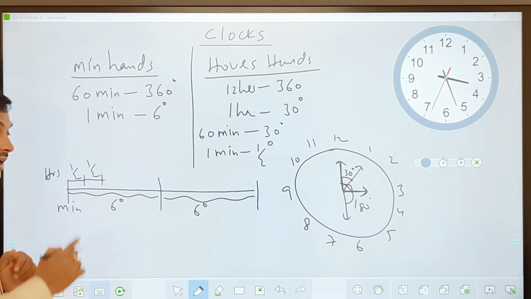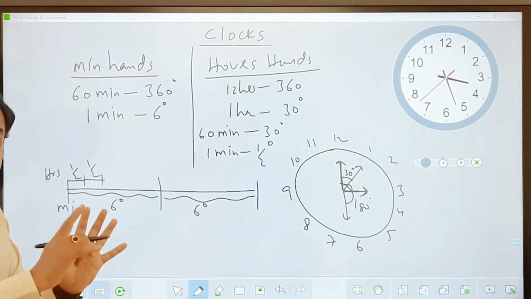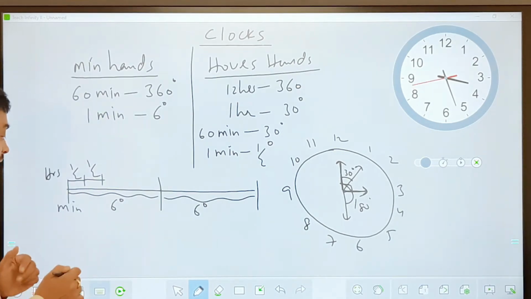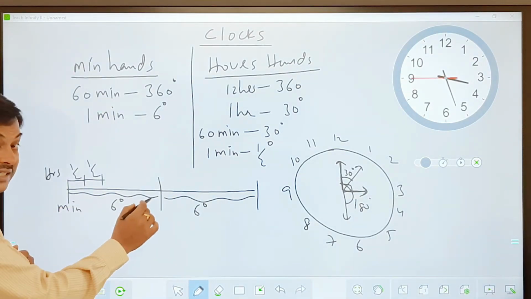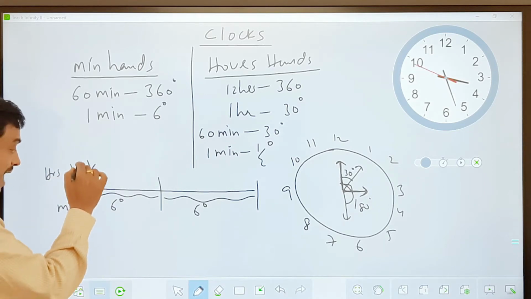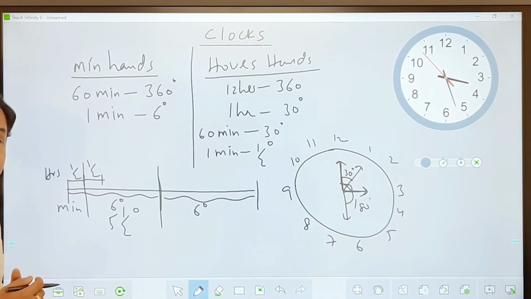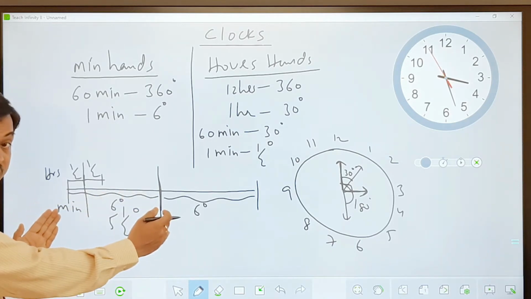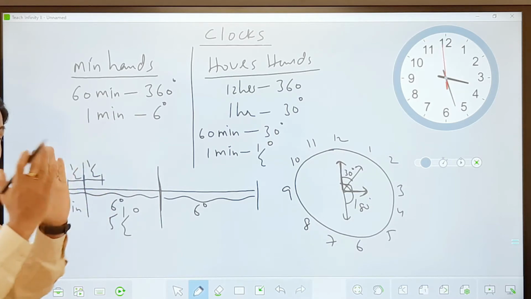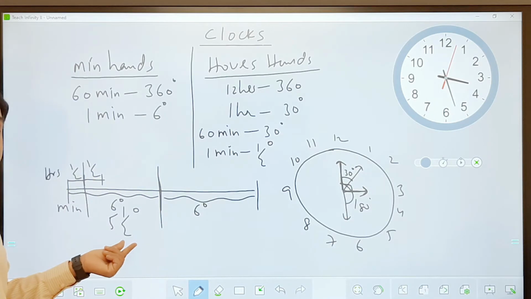Now what is happening, my friend? If I take 1 minute of calculation for both of them, the minute's hand and the hour's hand, then what happens? In 1 minute, the minute's hand will cover 6 and the hour's hand will cover half. So the gap between them will be 5.5 degrees. Do you all agree with me? The minute's hand will cover 6 degrees. The hour's hand will cover half a degree in the same direction. So the relative gap between the minute's hand and the hour's hand will be 5.5 degrees.